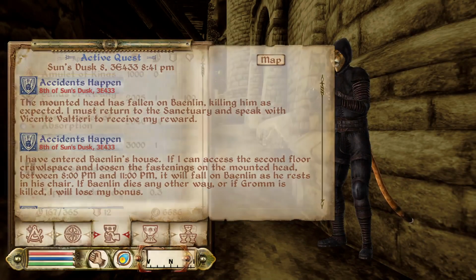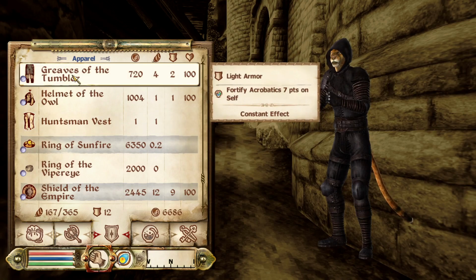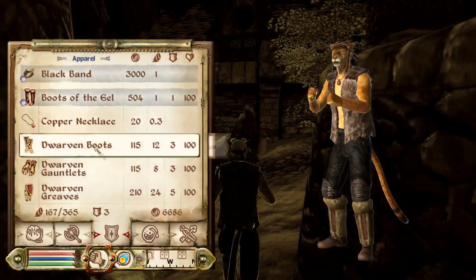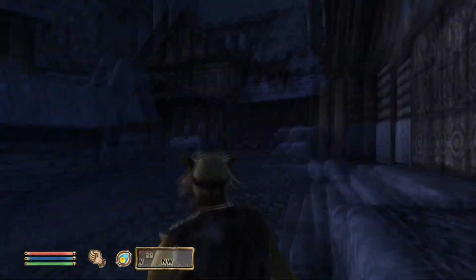Marvellous. Right, I can take this armour off now. Because to be honest, I think it would be a bit suspicious to be walking around looking like that anyway. Put my nice sexy gear back on. There we go. Okay, so now what time are we on? Nearly 9 o'clock, so if we head back to the Mages Guild...